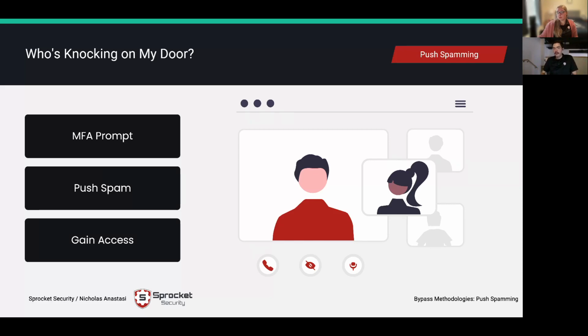The first few slides we're going to walk through depend on multi-factor authentication bypass methodologies that depend on social engineering to work. The final slides are going to be more focused on technical controls that we can circumvent or abuse to bypass multi-factor authentication. So the first and most common one is